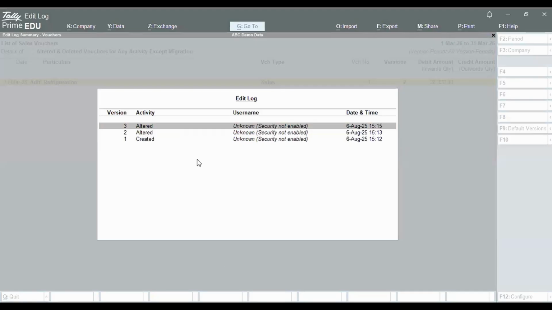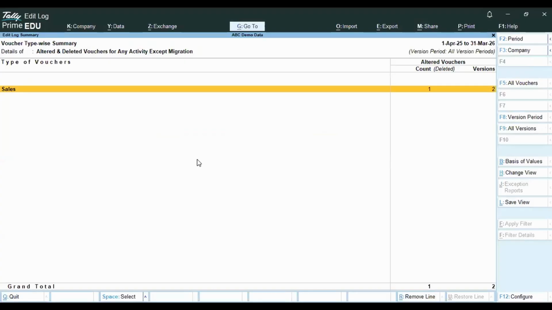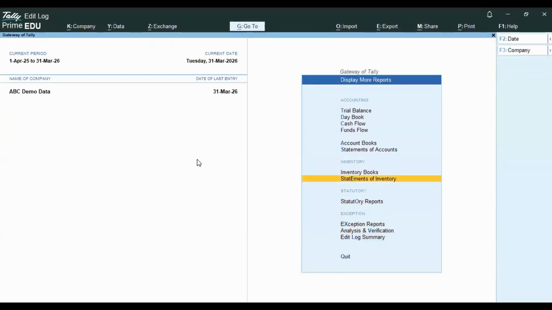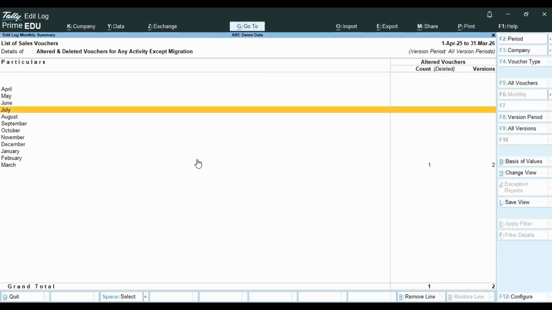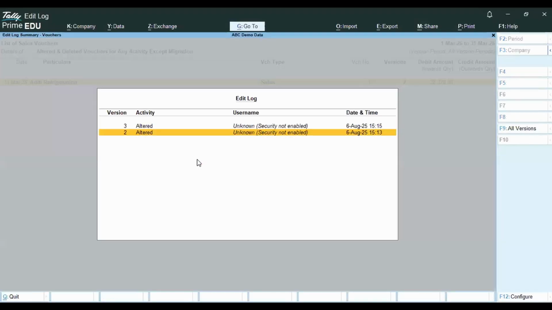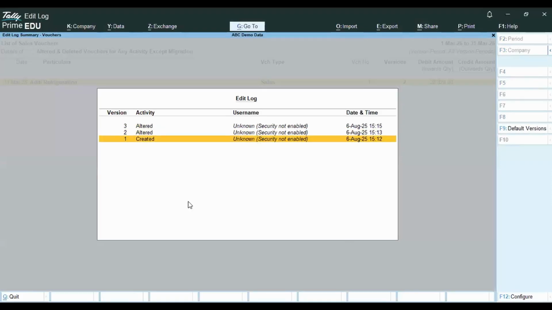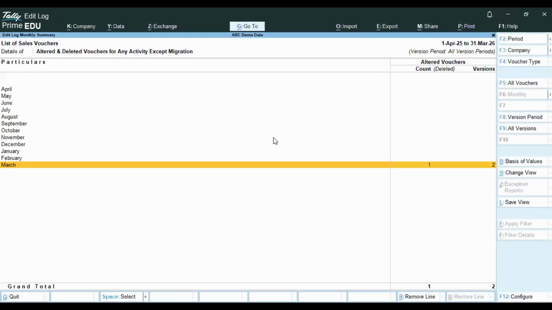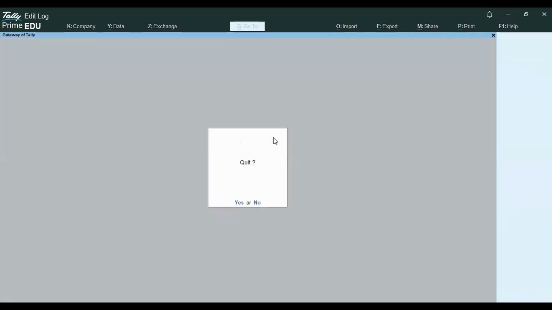Okay. Now let's move on to the user type. Now this alteration we saw, if you see this edit log summary, currently it is not showing the name. It is just telling unknown user. Now take a scenario where we want even the name of the person, then even that is possible. So for that, first thing is there has to be the security control feature enabled in that Tally. So to enable the security control feature,